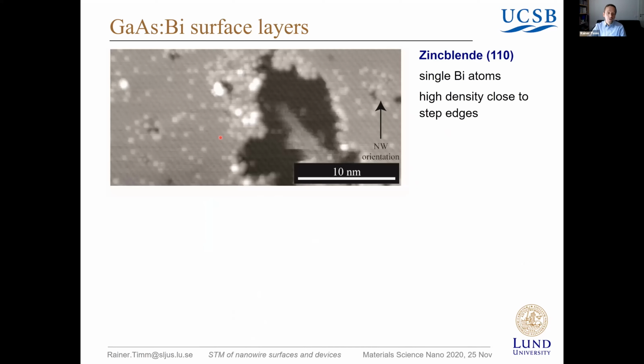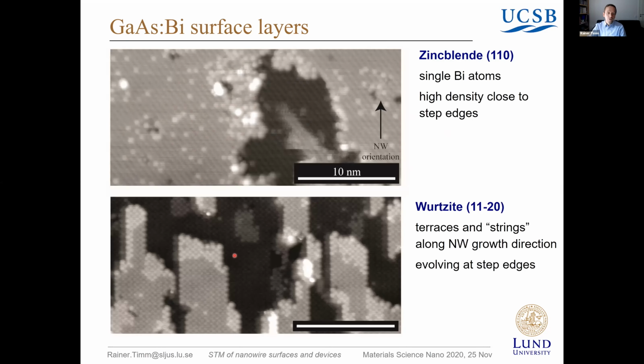We have a similar situation here. So we dose just less than a monolayer of bismuth onto a clean surface of a gallium arsenide nanowire. We see here on the cubic structure, zinc blende, that individual atoms get incorporated. They are clustering a bit at the edges, but they are at random positions on a clean flat terrace. But if we instead look at the hexagonal part, the wurtzite part, we now see that in a self-aligned, or even self-selective way, in this crystal phase we get nice islands or these chains here. So the bismuth atoms now tend to arrange themselves into closed structures, evolving from the step edges